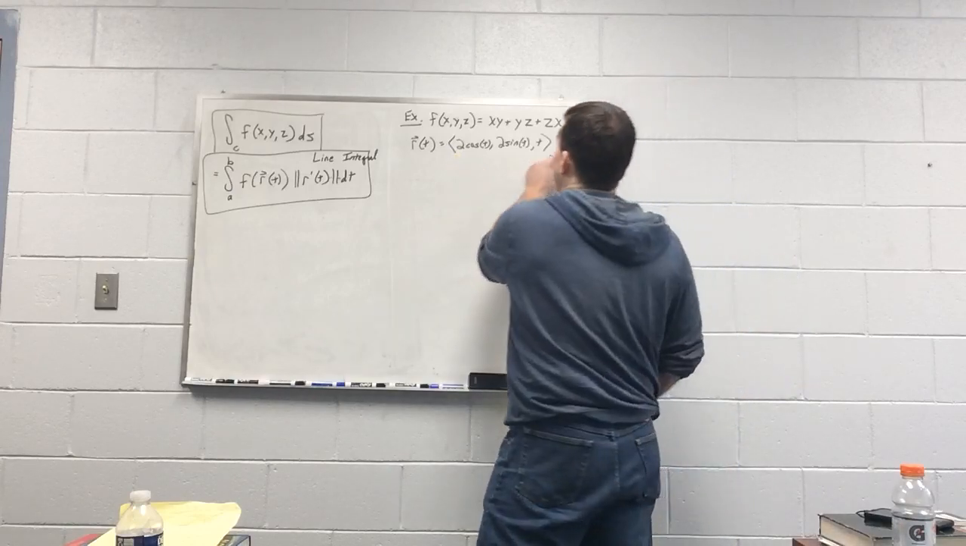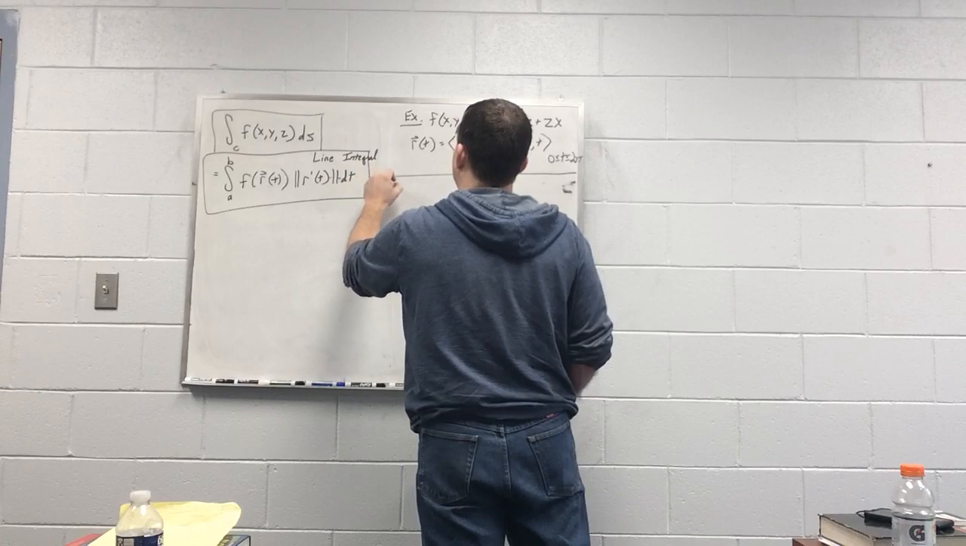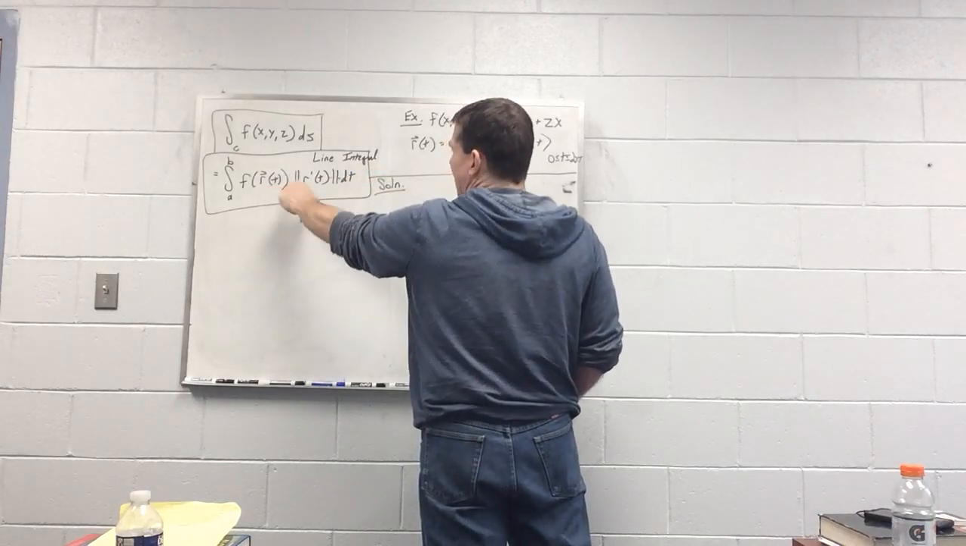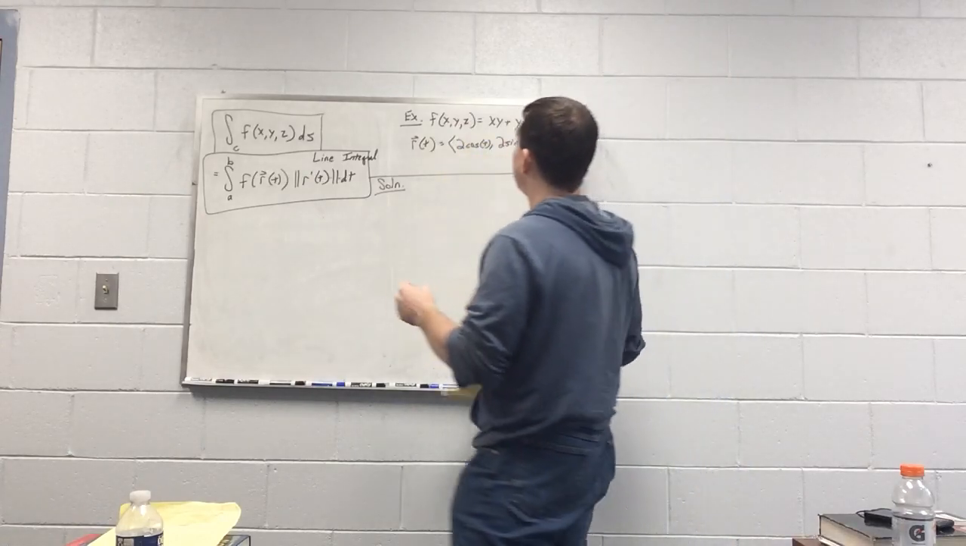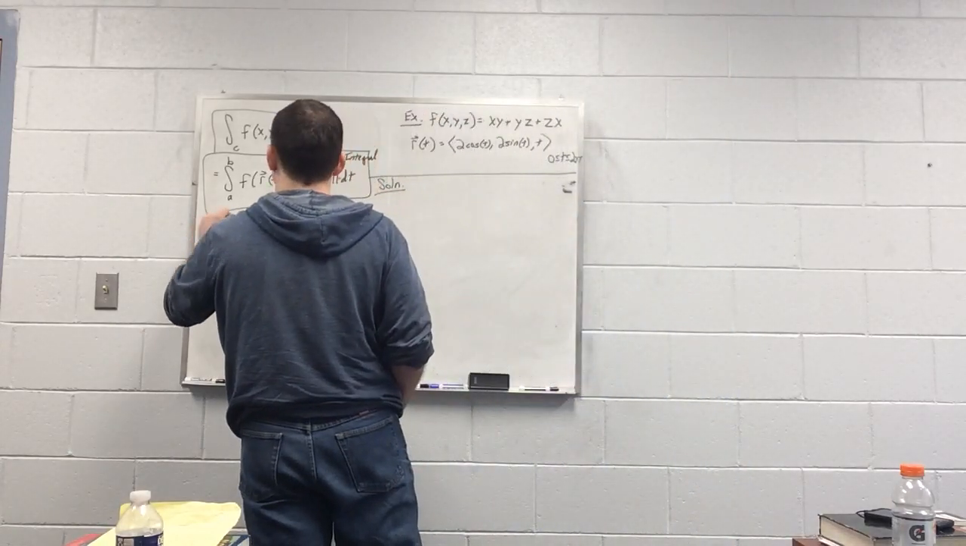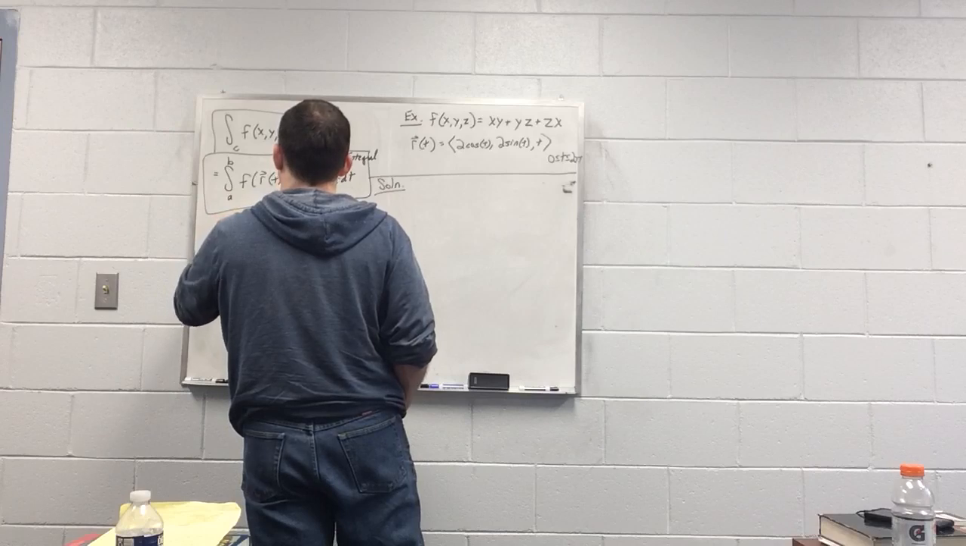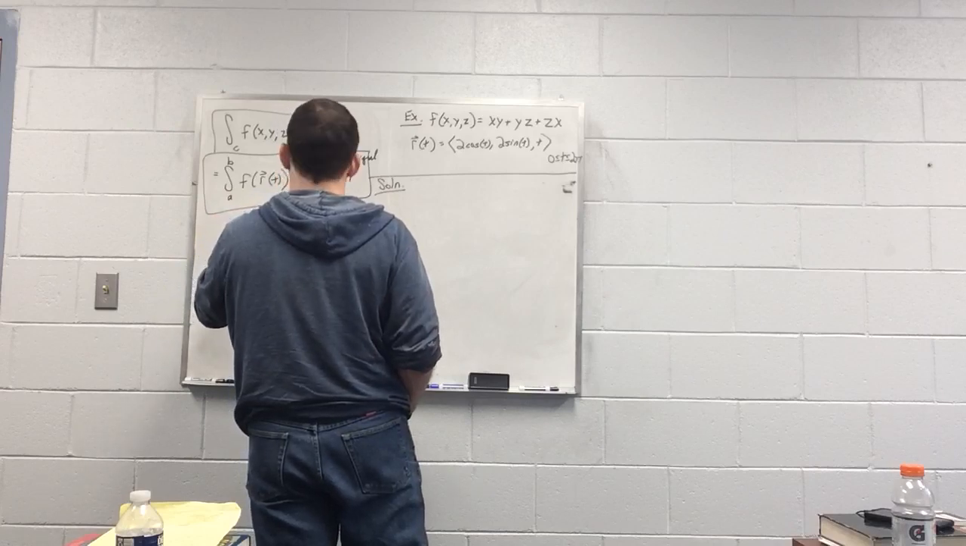Well, let's see. In order to do that, I'm going to need f of r of t and the magnitude of r prime of t. So f of r of t first, I guess. I can do it right over here. F of r of t is f of